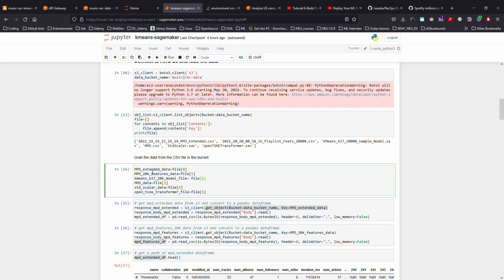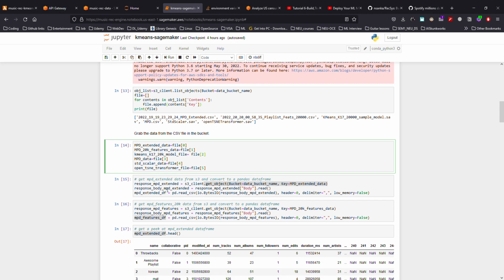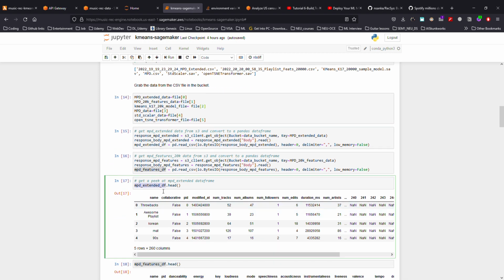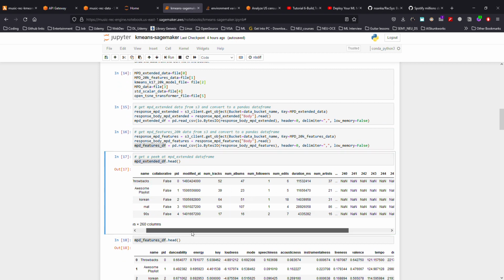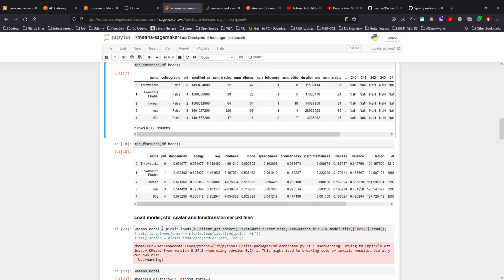The next thing to do is to get that particular file from S3, and if it's a CSV file, then I convert it like a normal pd.read_csv. And then I can get this data frame. If I do dataframe.head, you can see all these columns that are there. Same is the case with the other data frames as well.